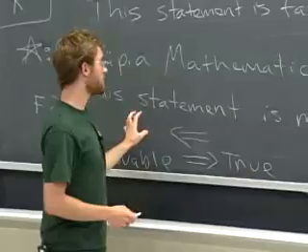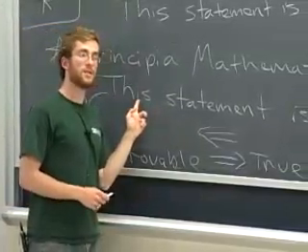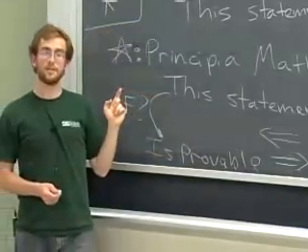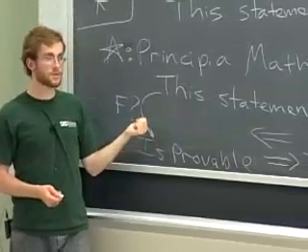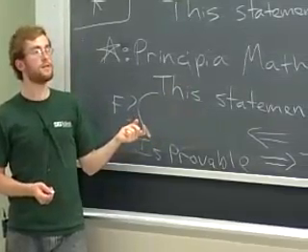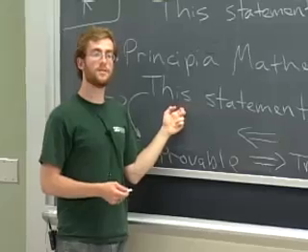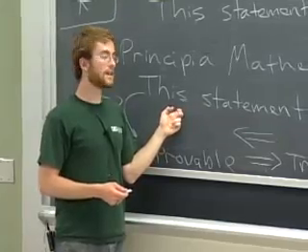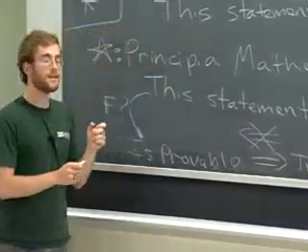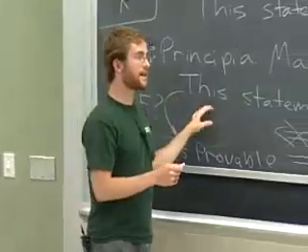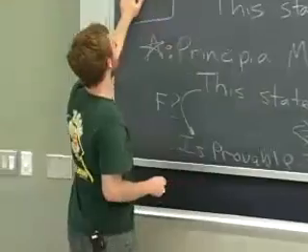And, well, let's ask this statement. What if this statement is true? Well, if it's true, what it says about itself must be true, and that's that it's not provable. So the only way that this statement is true is if it's not provable. So suddenly, we know that we can't go the other way. And the trick that Gödel used, and this is why we get to the star question,